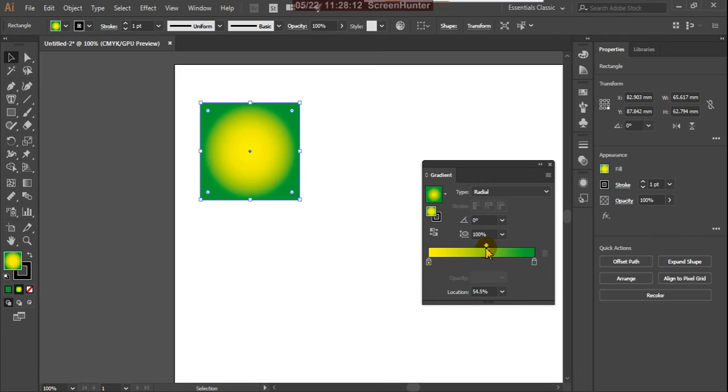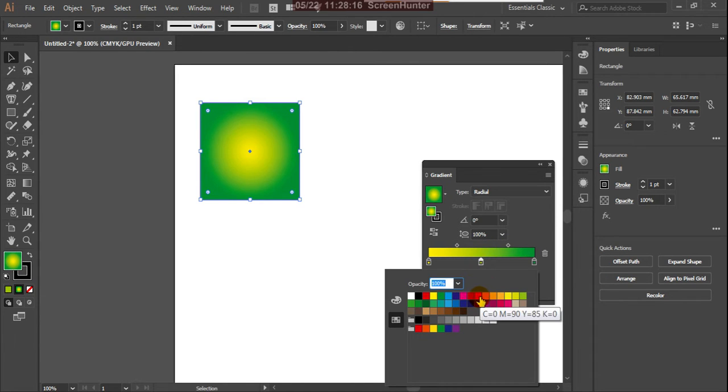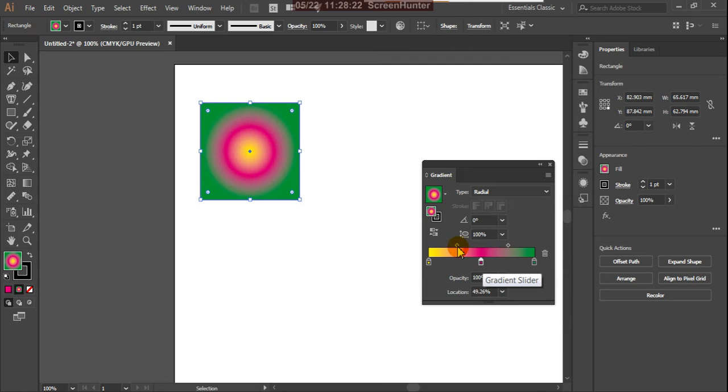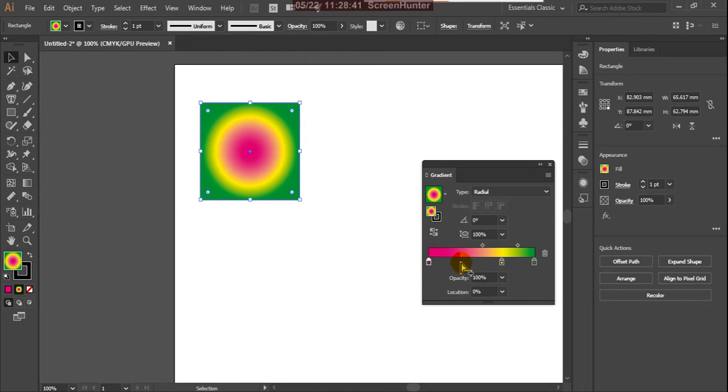So between these I want one more color, so let me make it something like this color. Here you can adjust this for a smooth gradient. See, the center is yellow, but you want it on the other side, and this is coming this side.